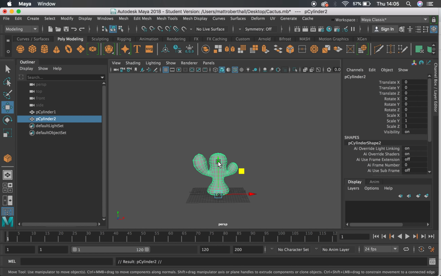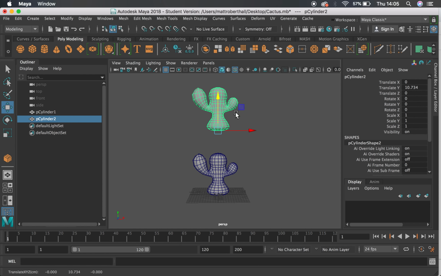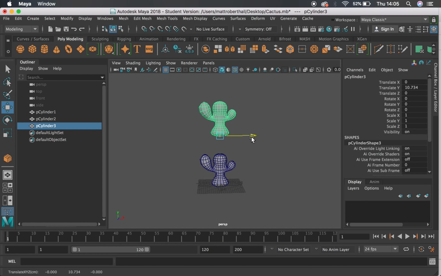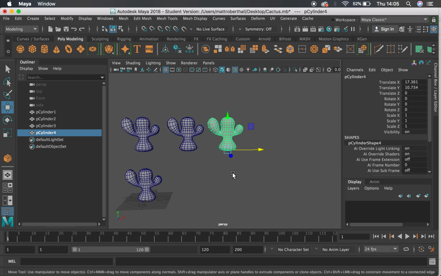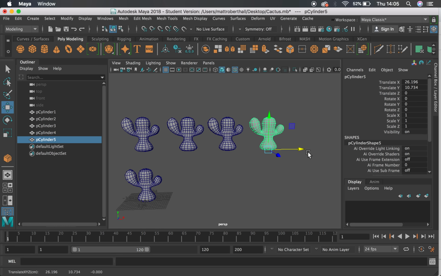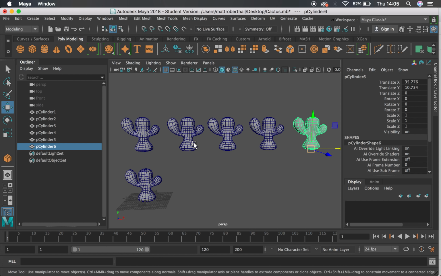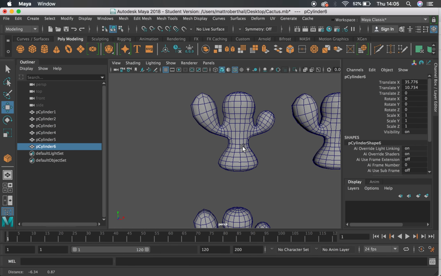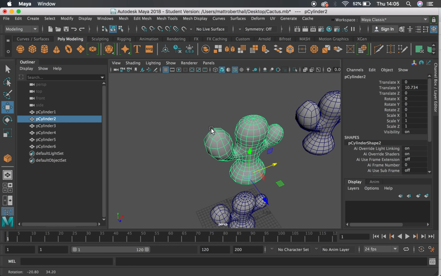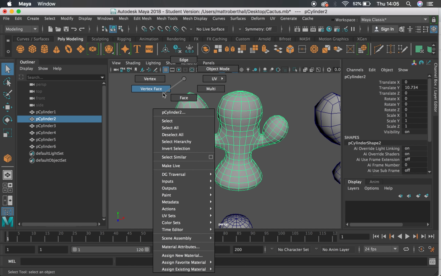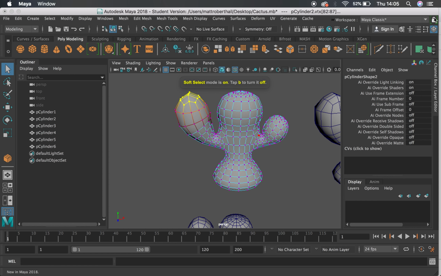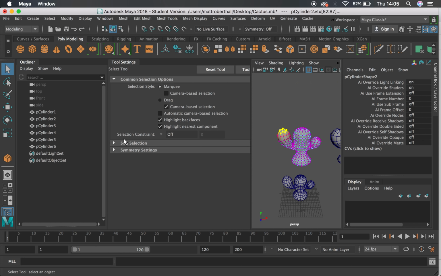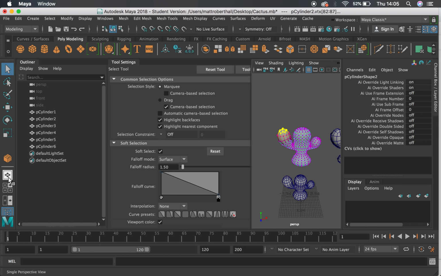So I'm going to press Control D to duplicate this guy up here, and then I'm going to duplicate it a few more times. Essentially I'm creating key poses here now, or ways that my character can move. So I am going to grab some of the vertices here. I'm going to press B for soft select, so I'm going to be using soft select for all of this. I'm just going to click my tool settings up here on the top right and check my